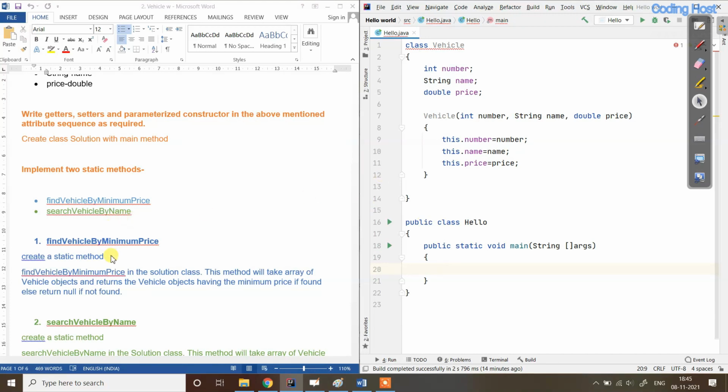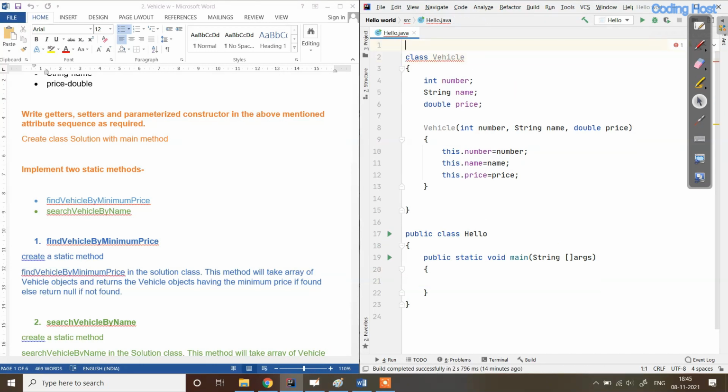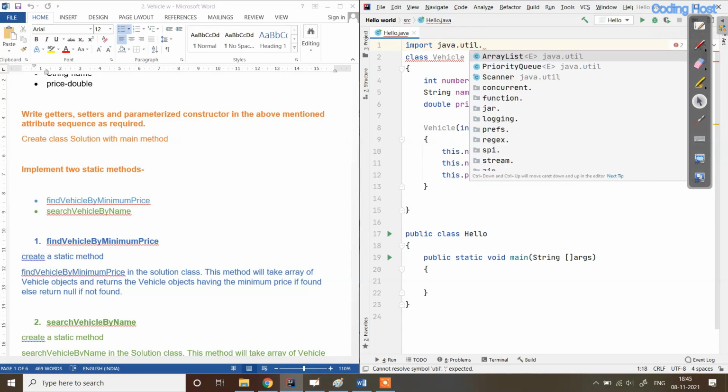After that, they are telling us that we have to make a static method, but in the main method we have to make a Scanner so we can take input for the objects. First I will use the Scanner class, so import java.util.*.